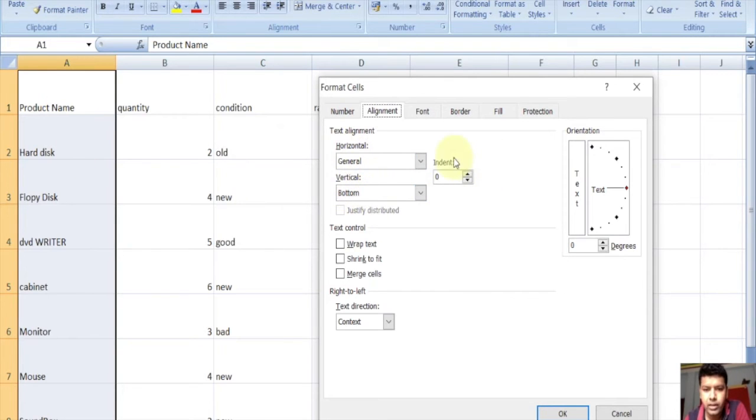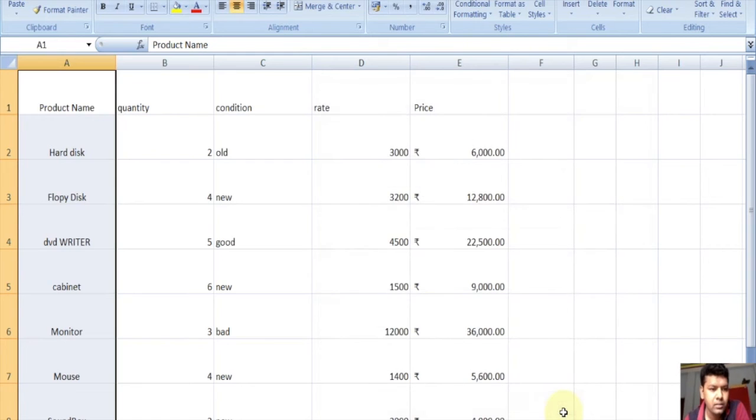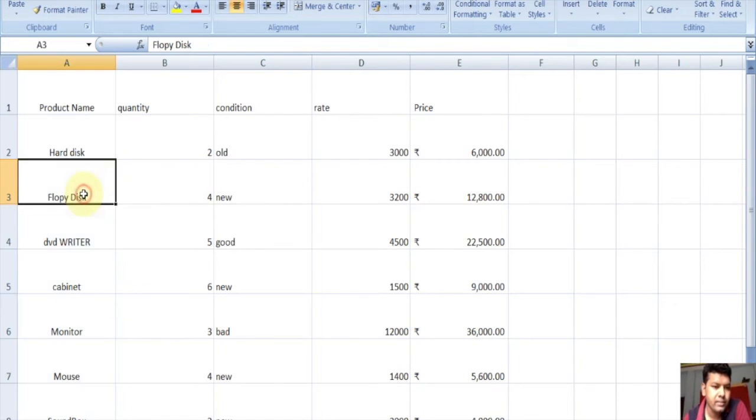For horizontal alignment, suppose we make it center, and click OK. We see that the text has been aligned horizontally already, but in vertical alignment the text is at the bottom of the cell. So to change this vertical alignment, we again select these cells